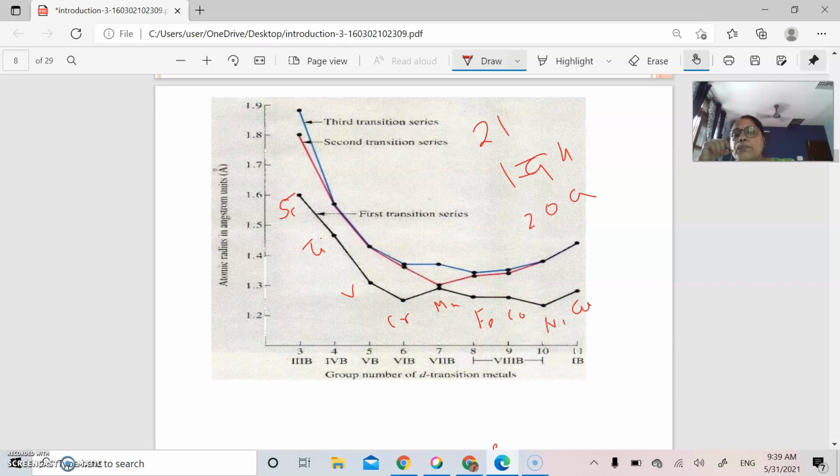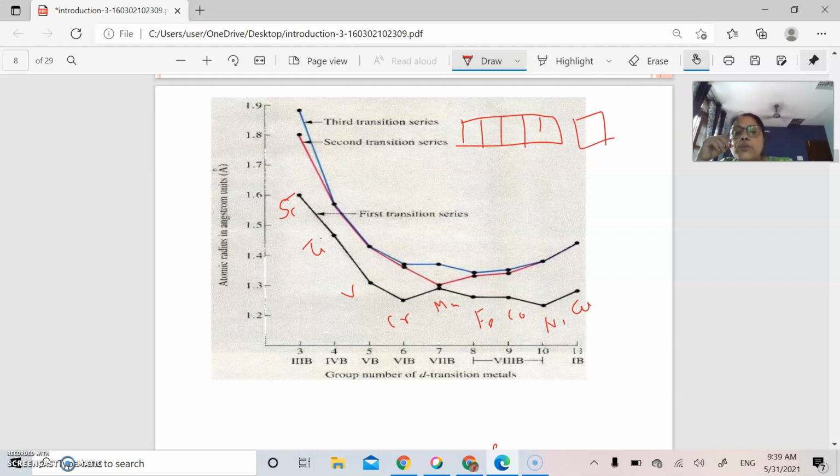So the proton number is more than that in potassium and in calcium. From scandium to titanium we have 2 d electrons, and you neglect these 2 electrons, but the proton number is increased. Vanadium has 3 d electrons, up to chromium. Up to chromium we know that the d orbital has 5 subshells.